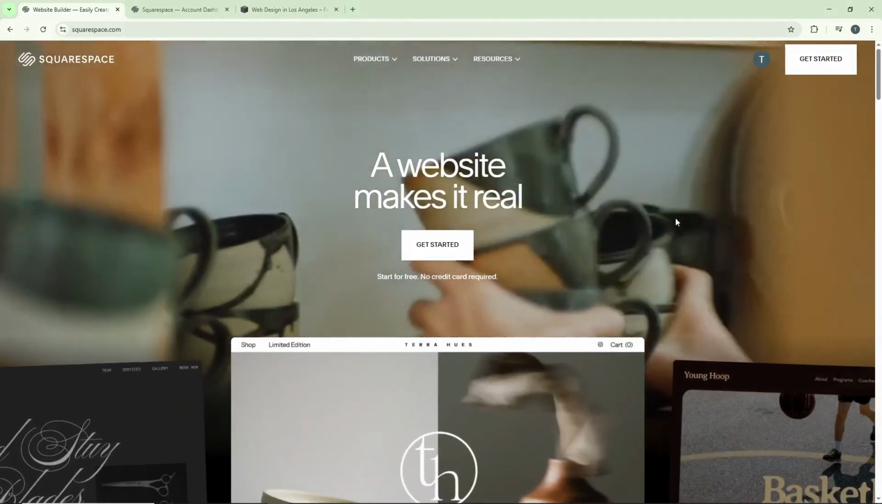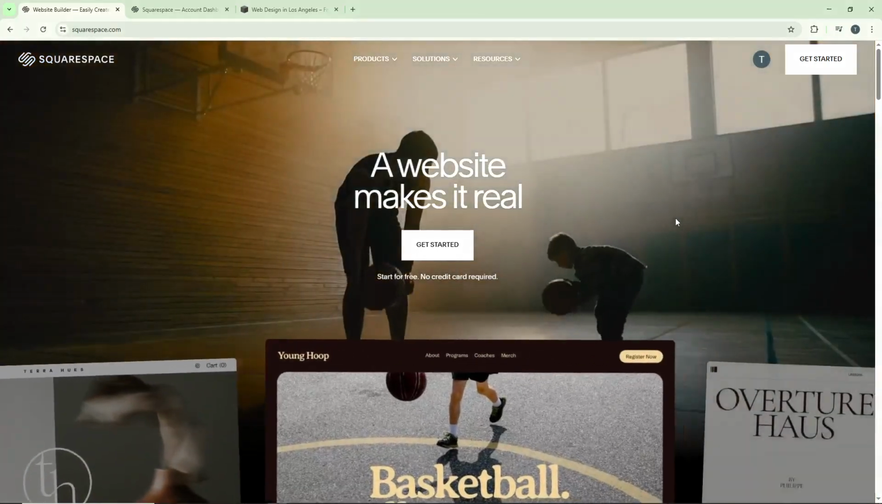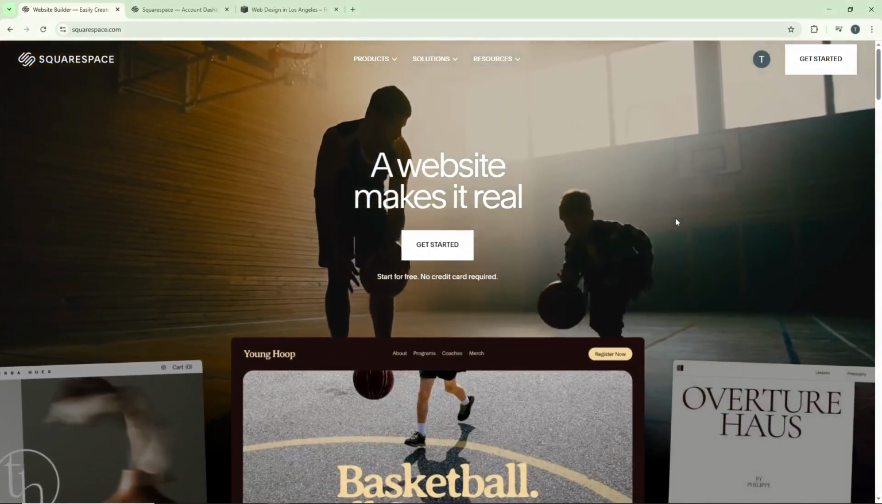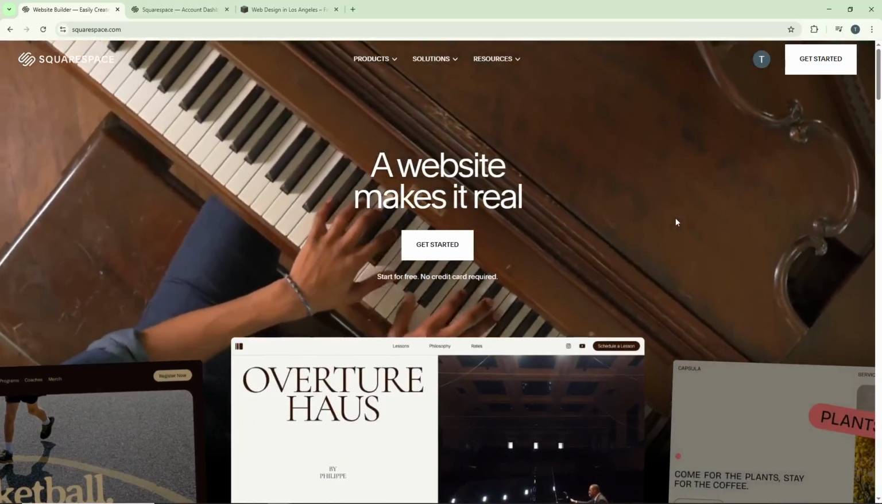Welcome back, everybody. Today, I'm going to teach you how to duplicate a product from one store to another on Squarespace. This is incredibly useful when you're managing multiple shop pages and want to reuse product listings without having to